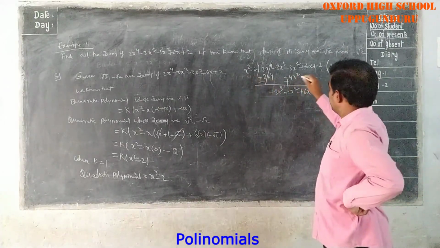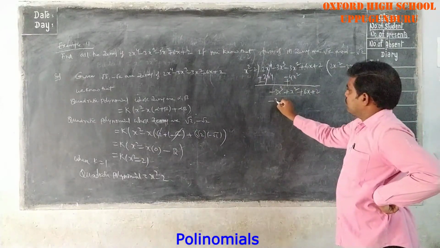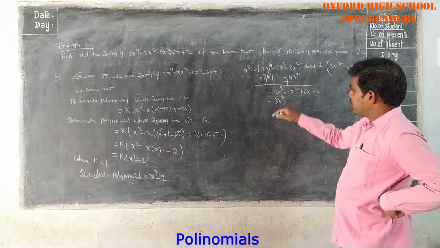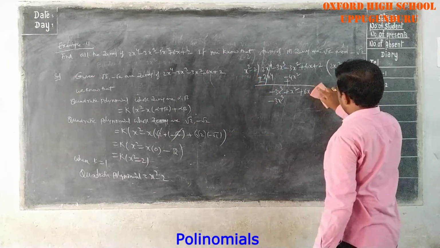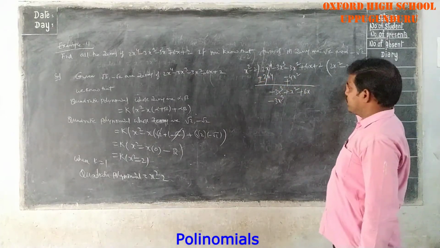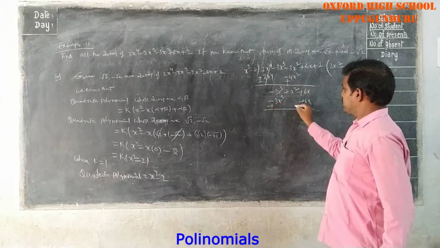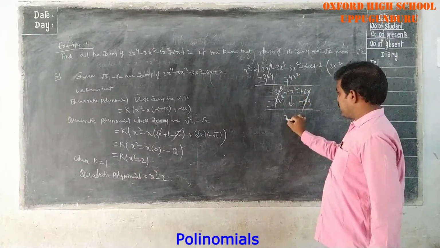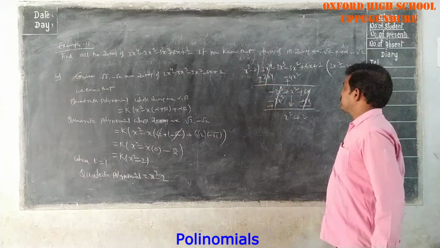So x square into minus 3x cube. So minus 2 into, here 3 terms are there, that's why you can write up to 3. So minus 2 into minus 3x, you will get plus 6x. So minus becomes plus, plus becomes minus, these two get cancelled. X square you have to write as it is, x square plus 2. Here also, here x square minus 2 is there.